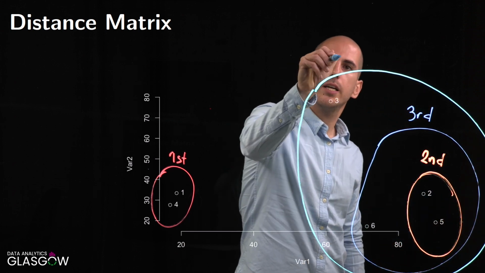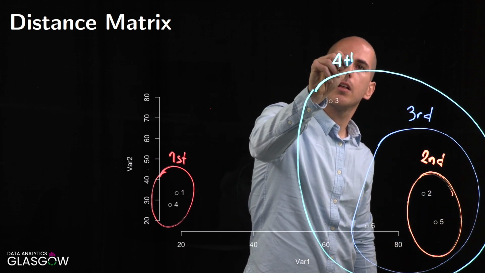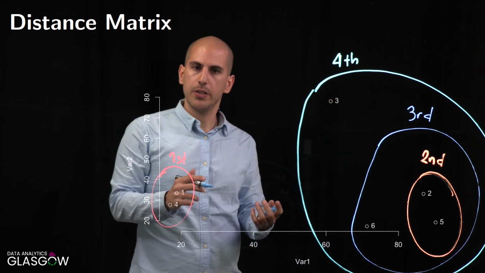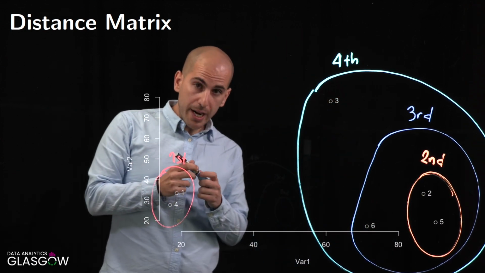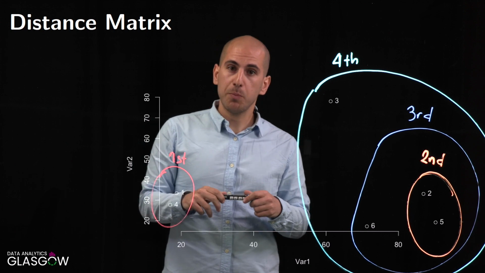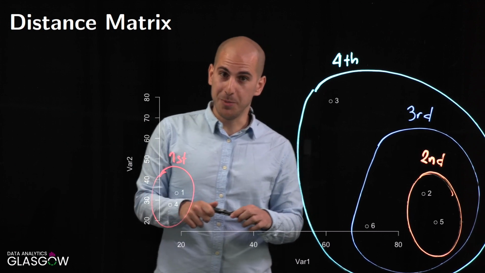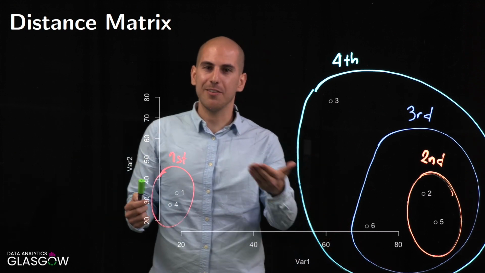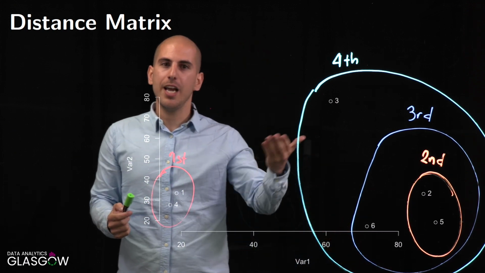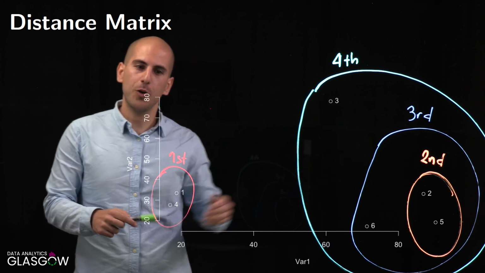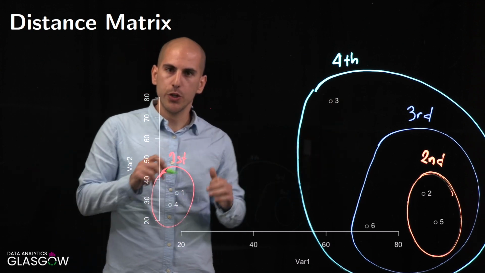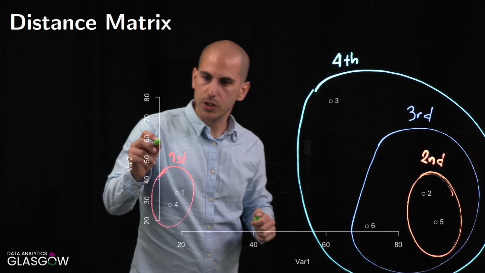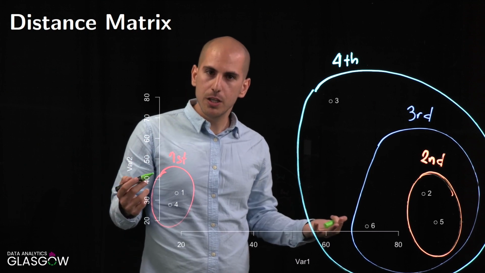And this is where actually the 4th merge is. And right now, hopefully, you are pretty confident with what the final merge will be, because if you think about it, there are only 2 clusters left. There is this cluster over here, and this cluster that contains all the other 4 observations. So right now, just so you could see another circle, a green circle, the final merge will be